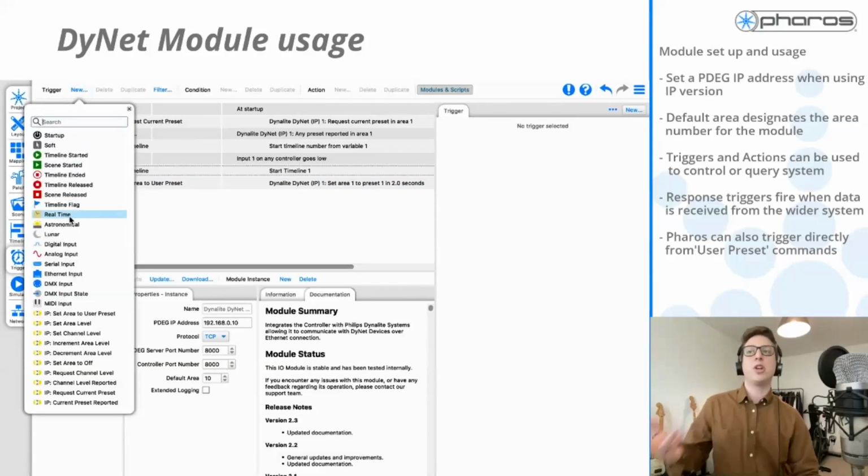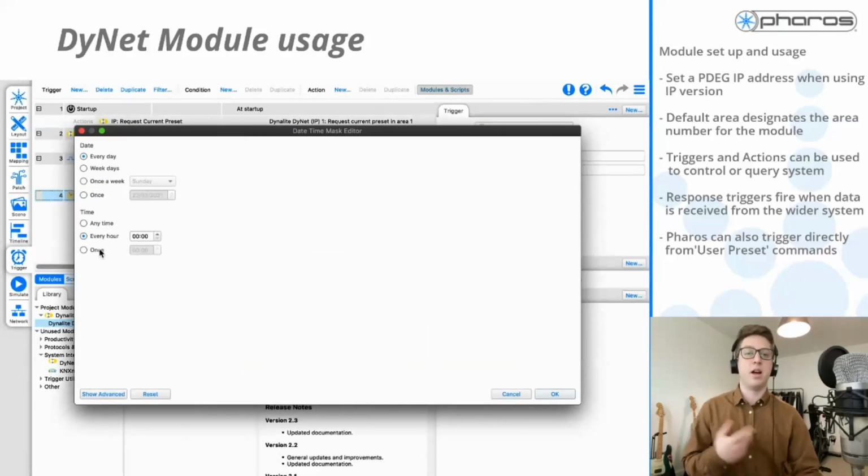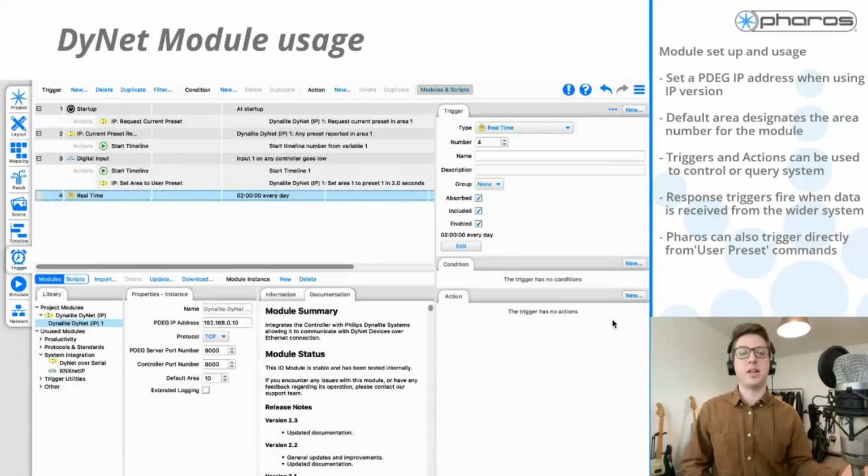And then I'm just going to show you a couple of other typical examples of programming that you might find within a Pharos system when it's integrating with Dinette. So let's say we have a real-time trigger that fires. Maybe we want to, I don't know, control part of the Dinette system, maybe turn it off, for instance. I can just set up a quick basic real-time trigger. So this is going to be set for 2 a.m. in the morning. And then what I'm going to do is create a blackout in one